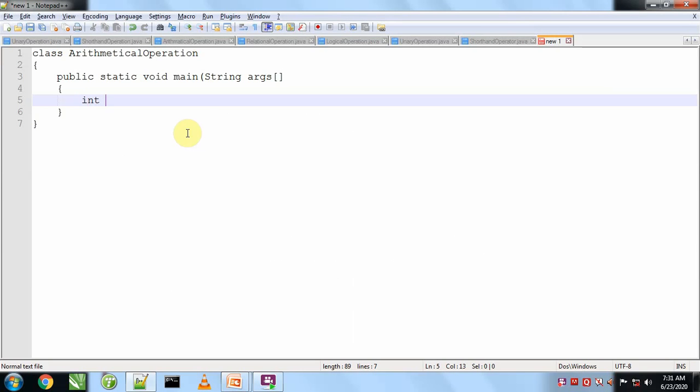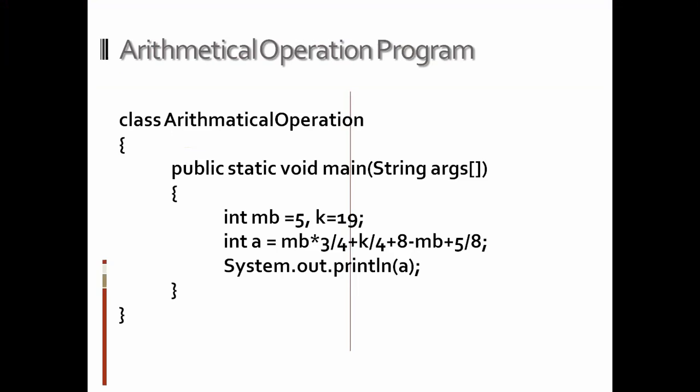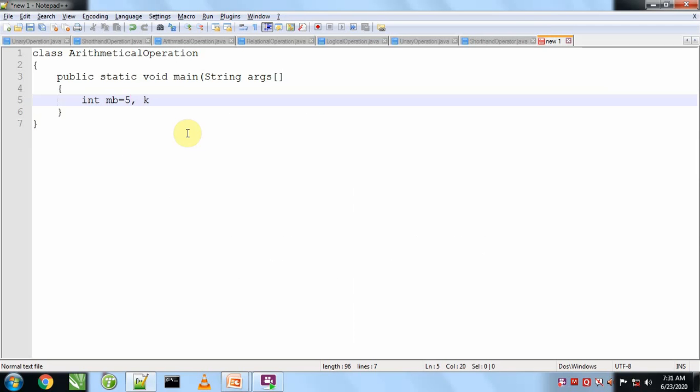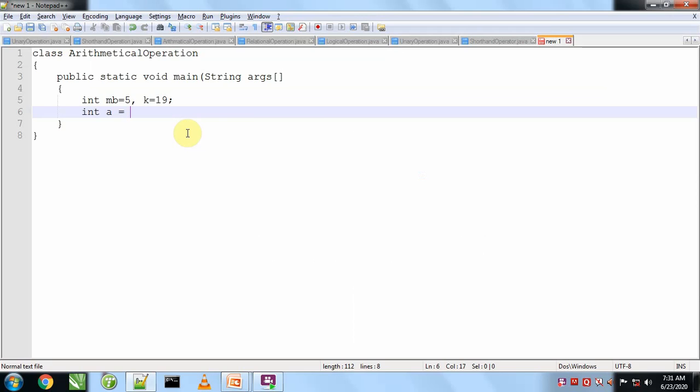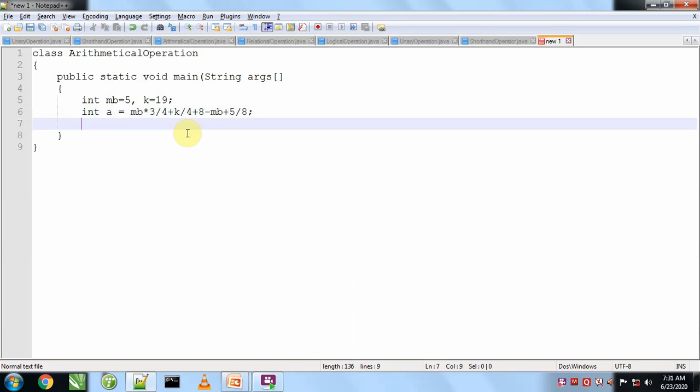We will take variables: integer MB equals to 5 and K equals to 19. Integer A equals to MB into 3 by 4 plus K by 4 plus 8 minus MB plus 5 by 8, and we will print the value of A.